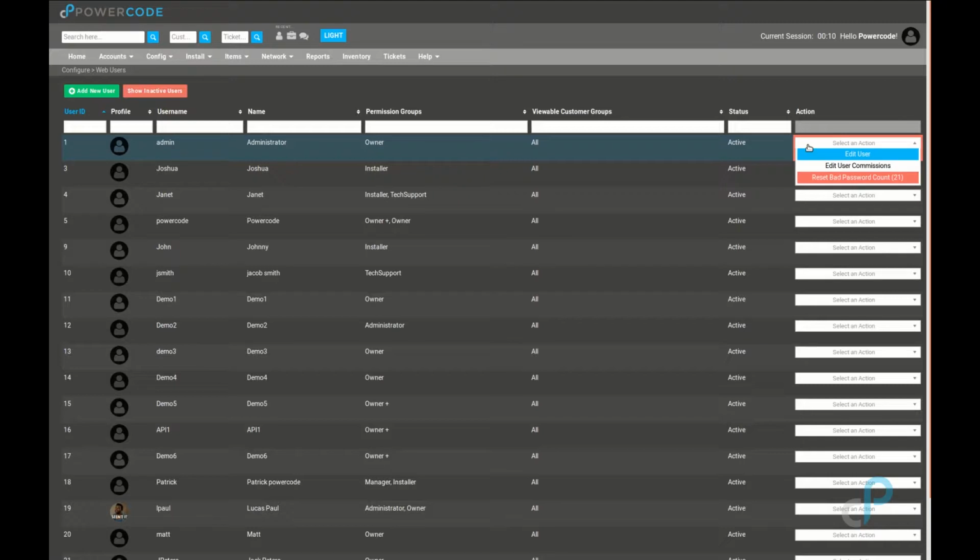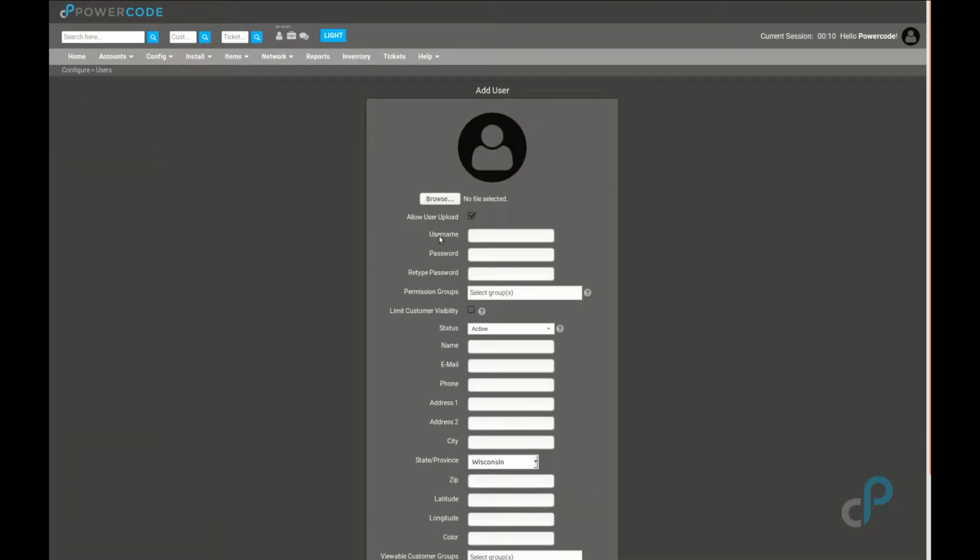And if we want to unlock that user so they can log in again as normal, we can just use this reset bad password count button and it'll unlock them. So let's go ahead and open up the form to add a new user, and we'll start out with the